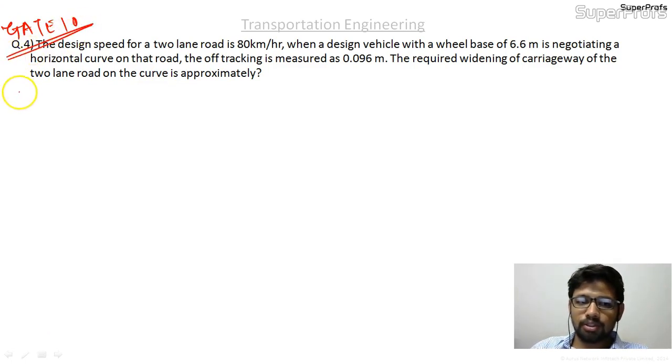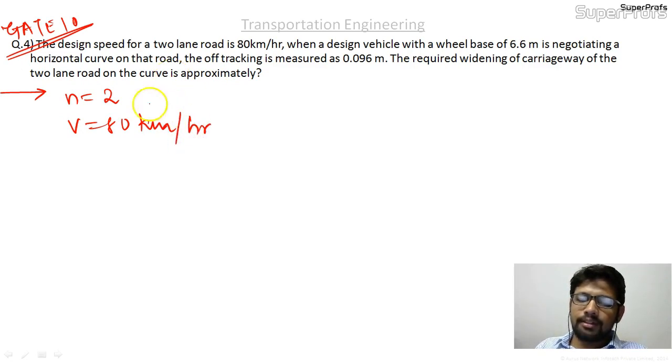The design speed for a 2-lane road, N equal to 2, is 80 kilometers per hour, when a design vehicle with a wheelbase of 6.6 meters is negotiating a horizontal curve on that road. The off-tracking measured is